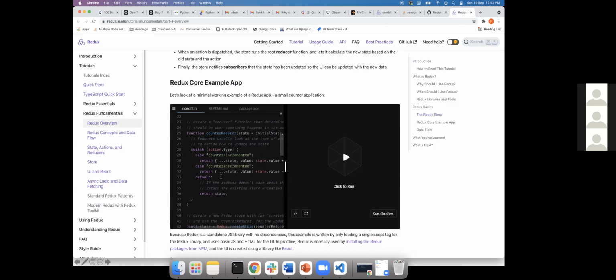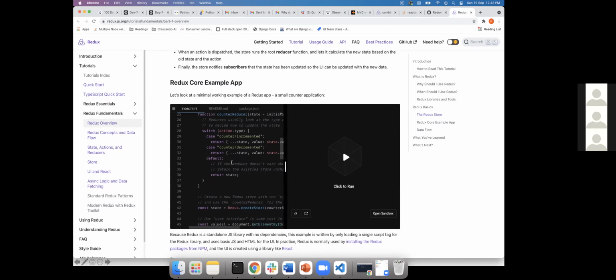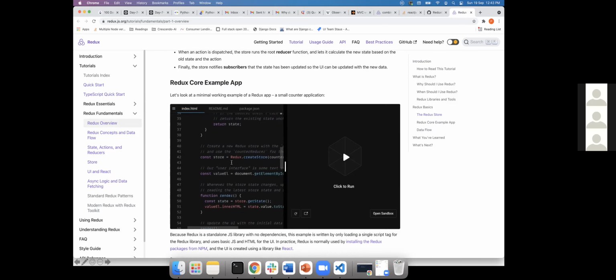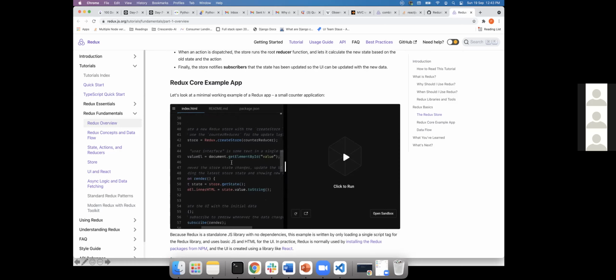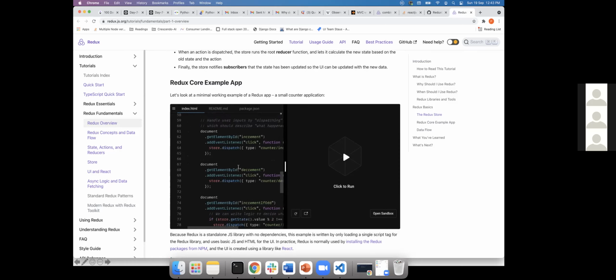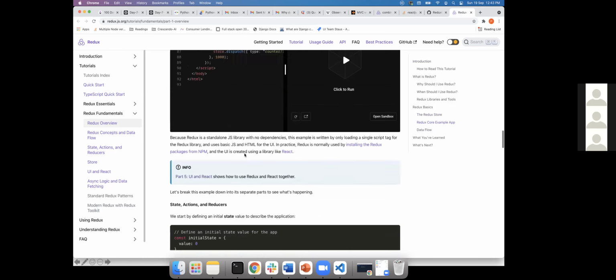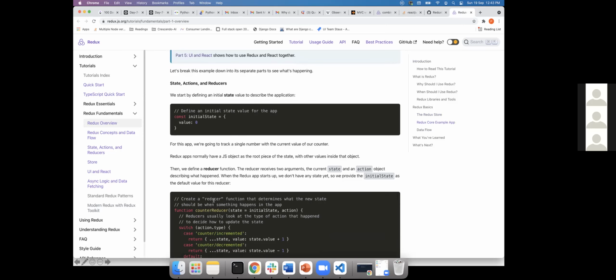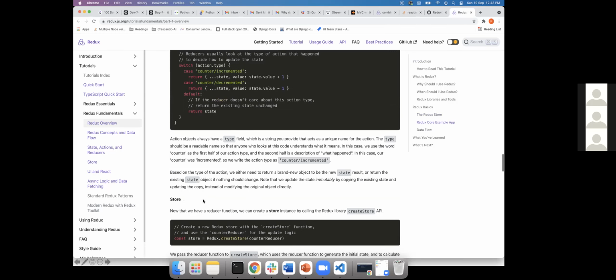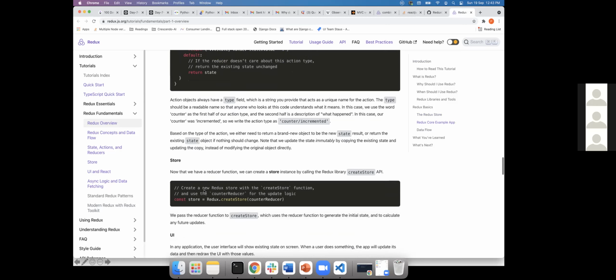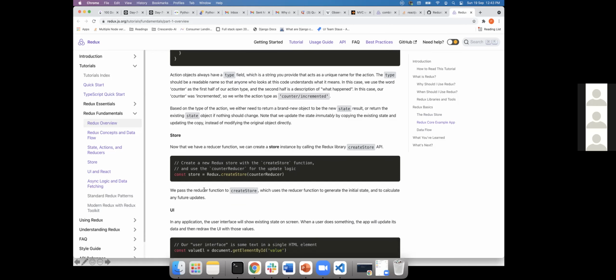A reducer is a function that uses switch cases to handle the action type. And the store creation and all that we've seen is what you see in the documentation also, right? One thing you have to know is that it is a unidirectional flow. Once you dispatch an action, the store gets updated, after which the UI gets updated. There is no stopper in between, right? State management also works that way.